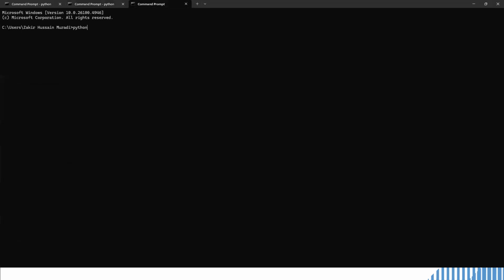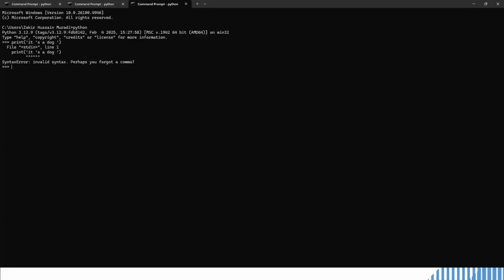How will you write like here Python print, it is a dog. I can also write here single and this one single. So why is it giving you an error? Does anyone know?